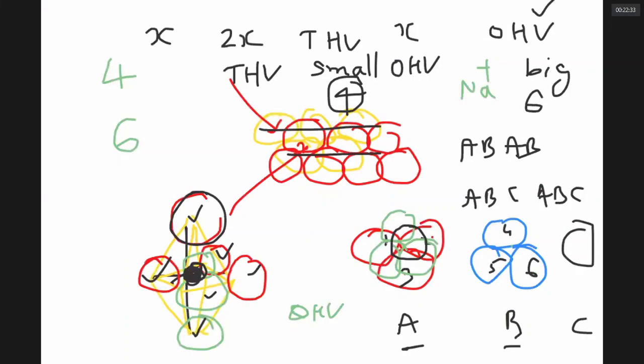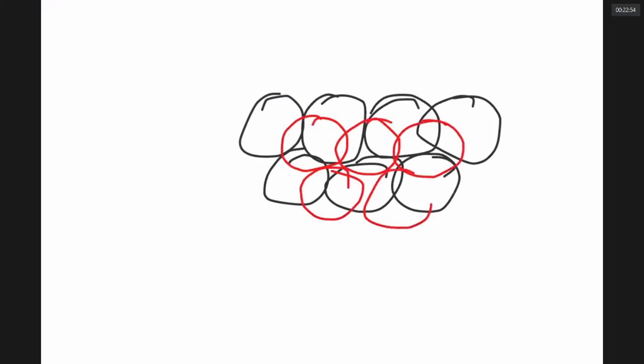In 3D packing, I can have an arrangement like first layer, second layer, first layer, second layer. How can they alternate, sir? This is the first layer. Now, in these gaps, I am putting the second layer. Now, in these gaps, I am putting the third layer. If I look at this in 3D, it looks like AB, AB, AB arrangement. Can you see that really? You can go back and see it once again.